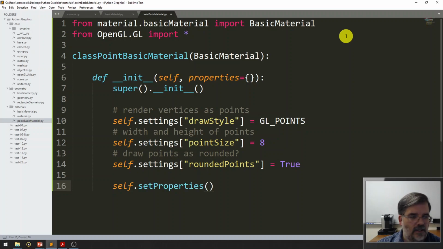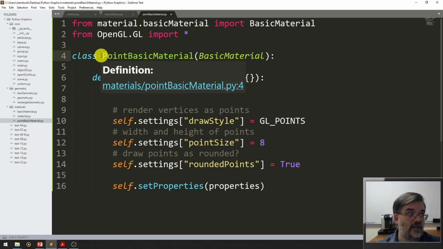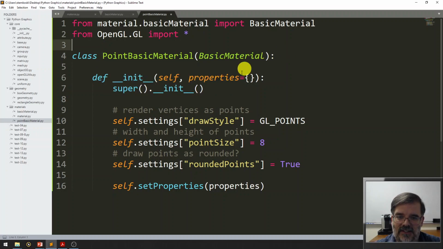self.setProperties. Now, this might seem a little bit convoluted, right? Why am I setting properties with properties when this is empty up here? Well, it might be that when you're using this class, you might want to override some of these settings, or you might want to override some of the uniform values. In that case, when you initiate this class, and there should be a space in there, you could then pass in the properties here at this level,